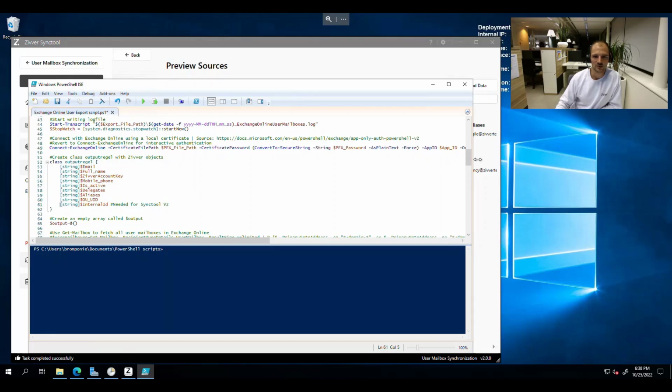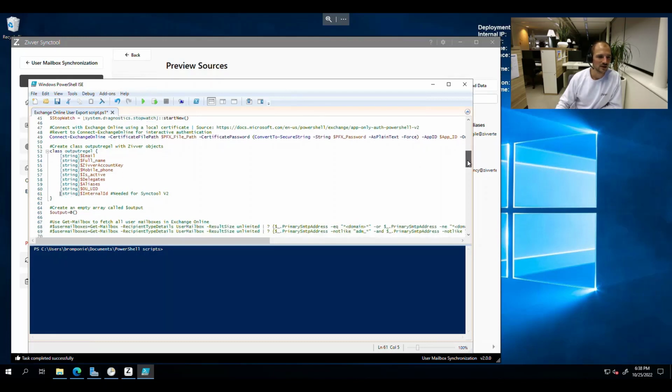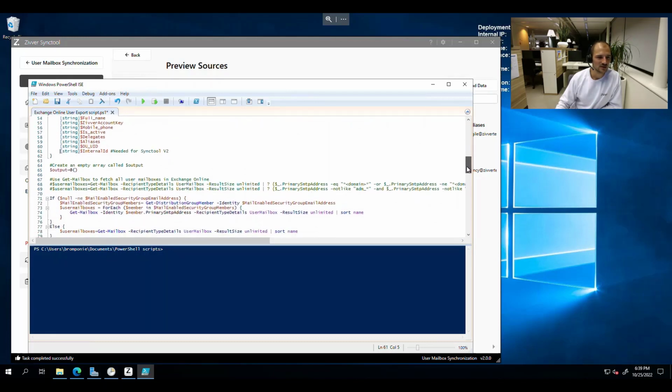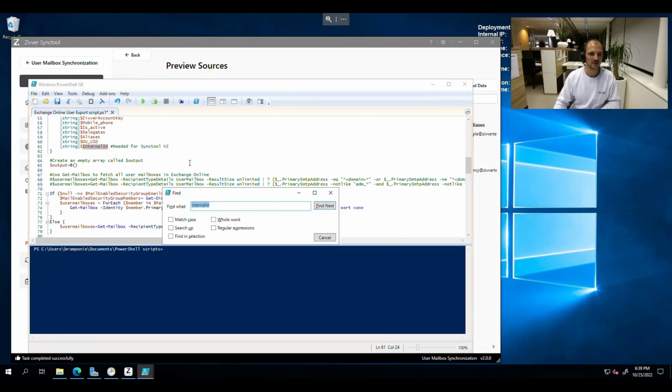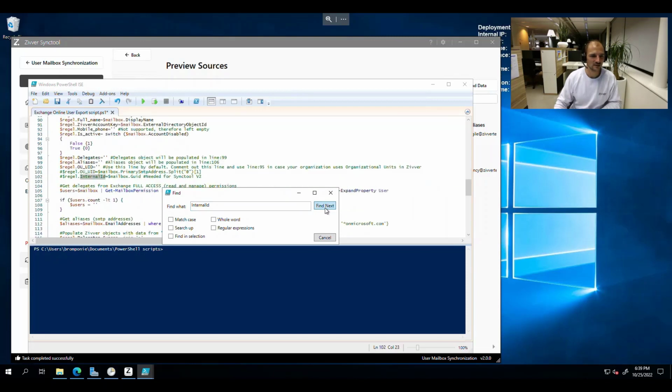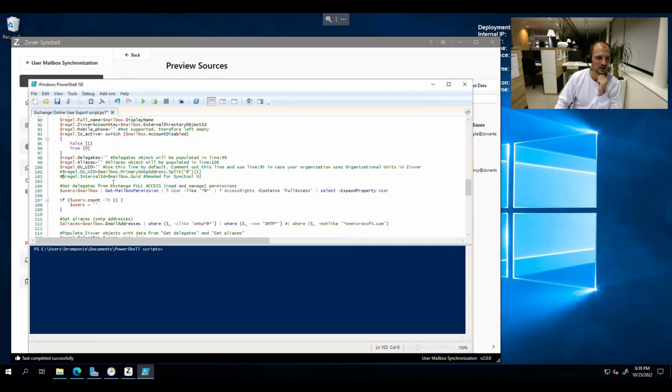And I'm gonna scroll a little bit down and I'm gonna see the same internal ID. I can of course also just copy it and find the next version here, which is a little bit down to row 100, so about 40 rows to the bottom. And I'm just going to remove the hashtag here as well. And that's it. So now I can just run the sync tool